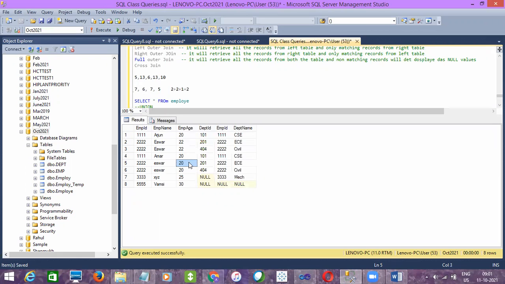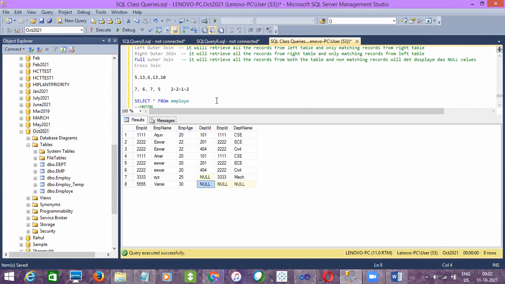Right, guys, understood why 8 records? It is the same: all the records from both the tables will come, including matching records, and wherever there are non-matching records, those values will be displayed as null. Here you can see null values in the second table columns, right? Why? Because 5555 is not there in the right table. Let's say you have one value which is only in the right table; then the left table values will be null here. I'll show you that example later. Vice versa, if it is there in the left table only, then the right table columns will be null. If the value is only in the right table, then the left table columns will be null.